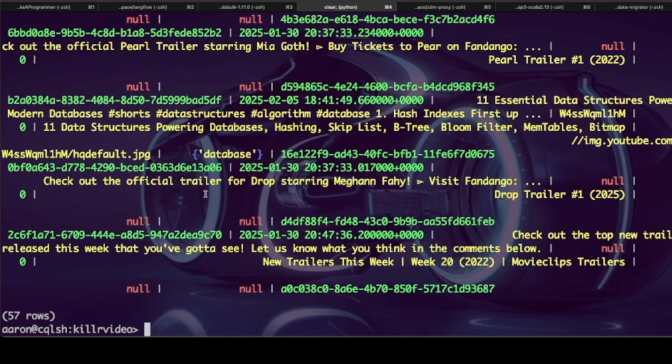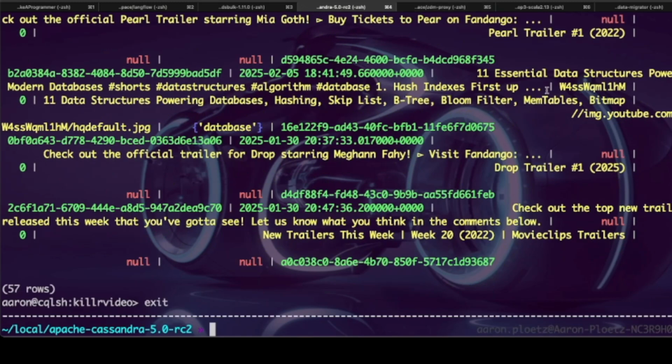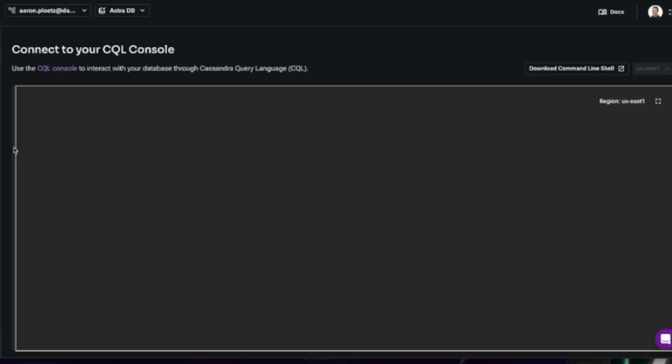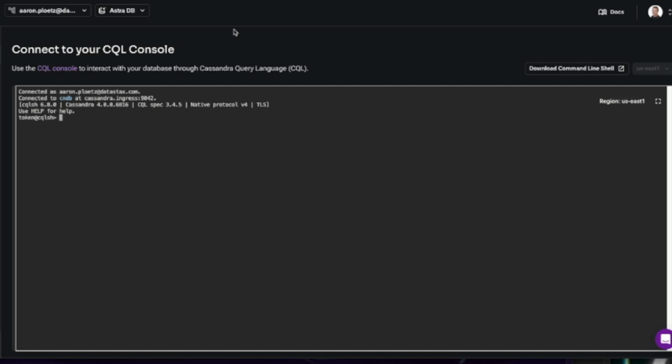All right. So I can exit out of here now. Now, let's check that same table in our AstraDB cluster. If you remember from my last video, we went ahead and had the ZDM proxy demo Astra database that we were putting our data into. And we'd gone ahead and stood up the ZDM proxy in between both databases.